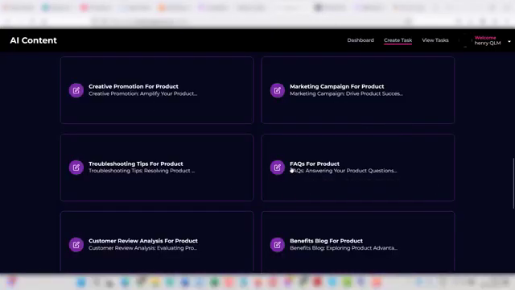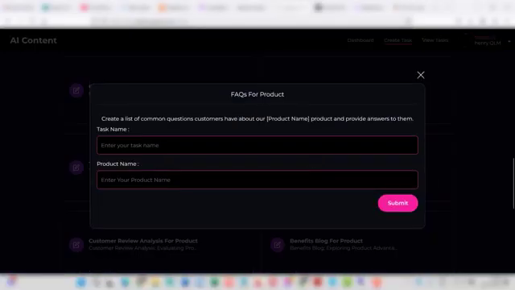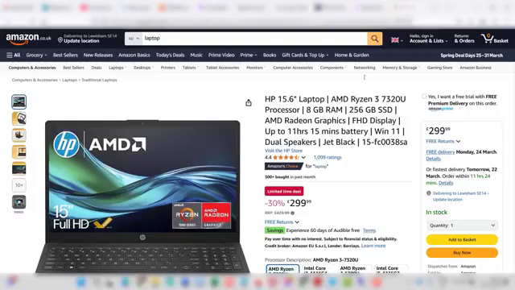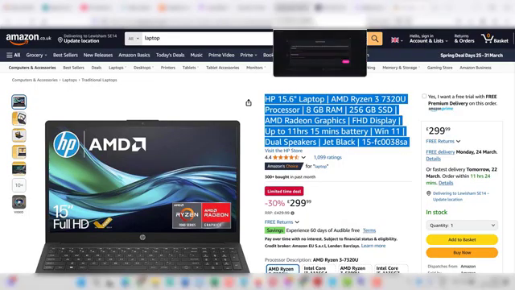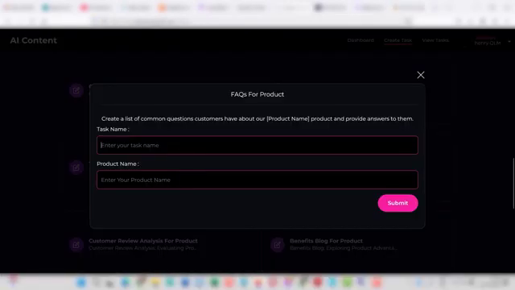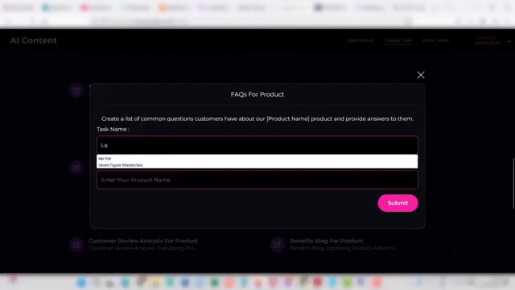So the FAQs, you'll see that as you come down here. You click on it, use the same example as I used before about this laptop. I copied some details about this laptop. Just put laptop